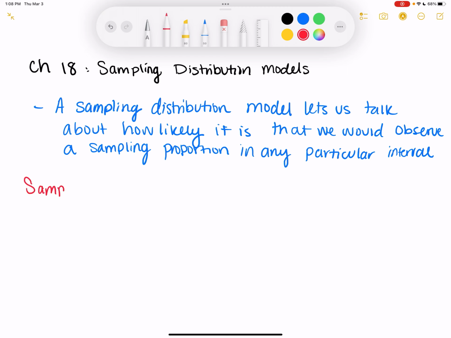Sampling distributions are based on the normal model